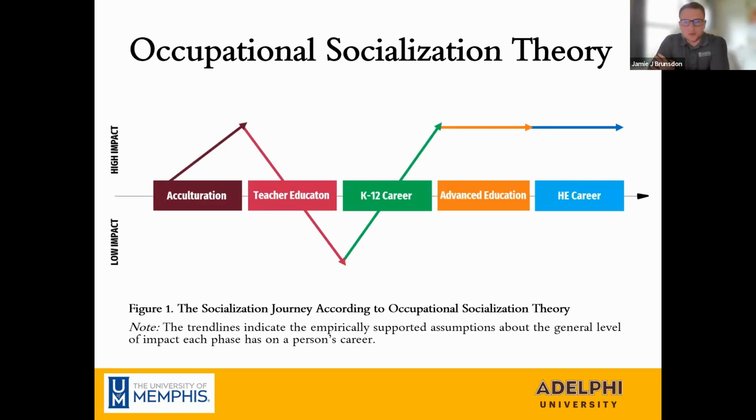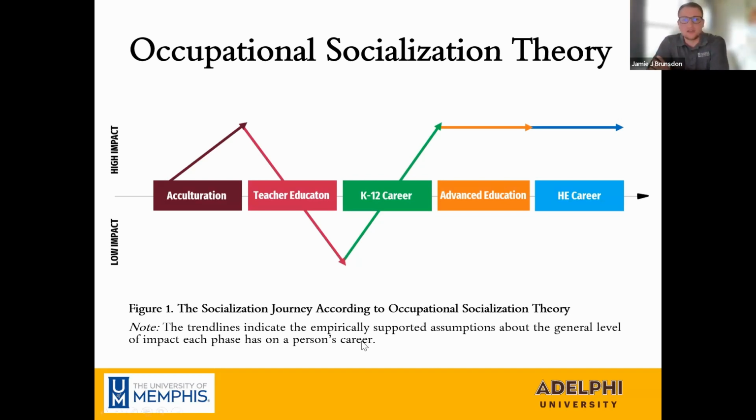So spectrum theory served as the conceptual framework. However, occupational socialization theory was the theoretical framework that we used. Most of you would be familiar with this theory, and so I'm going to provide an oversimplification of it. But long story short, we understand occupational socialization theory to be a 5-phase model, which describes how a teacher's journey impacts their views and beliefs toward the profession of PE, and then if they end up in higher education, PETE.